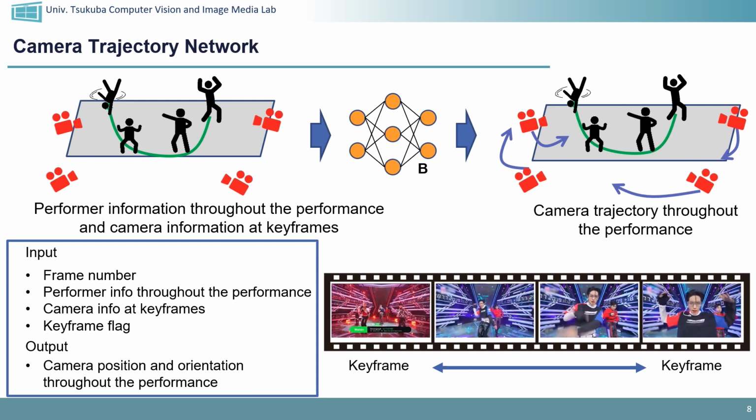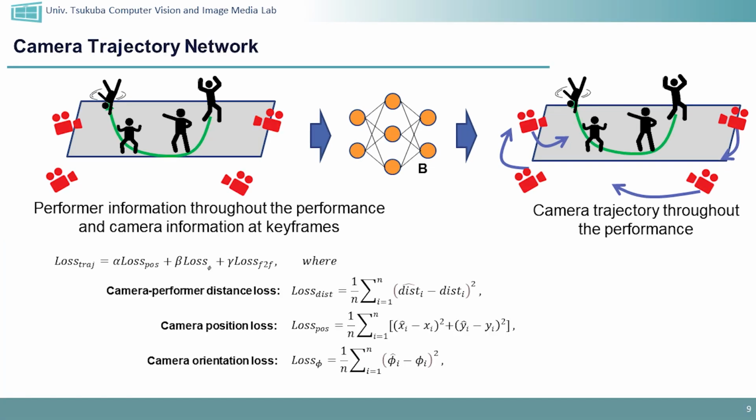Based on these inputs, the network outputs the camera positions and orientation throughout the performance. The loss function for the camera trajectory network is made of three terms, which are the camera performer distance loss, camera position loss, and camera orientation loss. Each term is the same as those in the keyframe network, except that the interframe camera distance loss is not